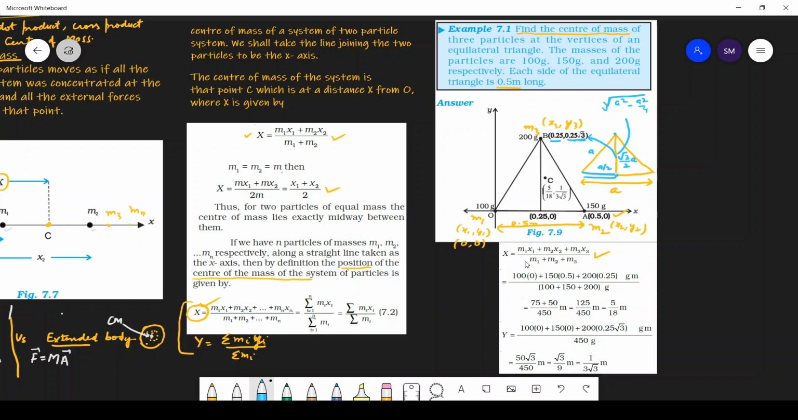So now it's so simple. We know the three coordinates and simply put the values and we get the center of mass, and we write the center of mass, the coordinates, with capital X and capital Y. Okay,